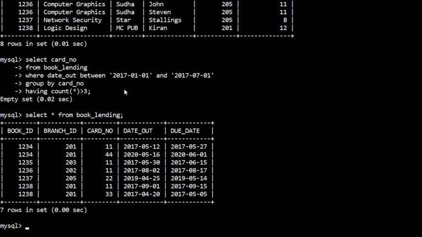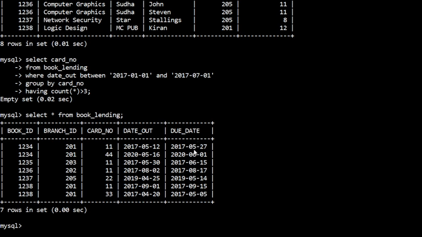So here, what is the date they have mentioned? January to June, right? January to 30th June. So here how many rows will we get in this interval? If I take 2017, there are 5 tuples. Okay, so I need to check the due date. So 17, okay.